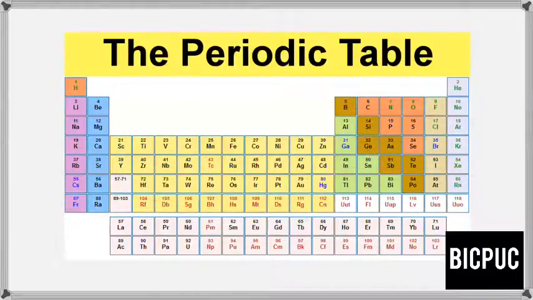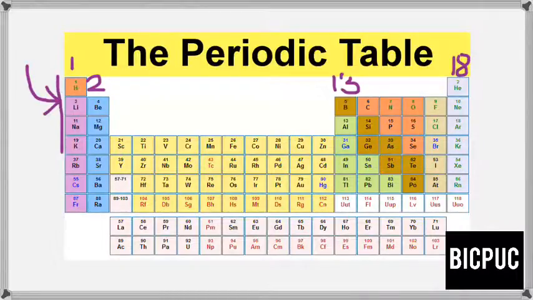Let's understand why group 1 and group 2 are called S block, while group 13 till group 18 are called P block. For the simple reason that electrons start entering into orbitals of S. As we write the electronic configuration of the elements in these groups, we come to know that the electrons have started entering into orbitals of S.